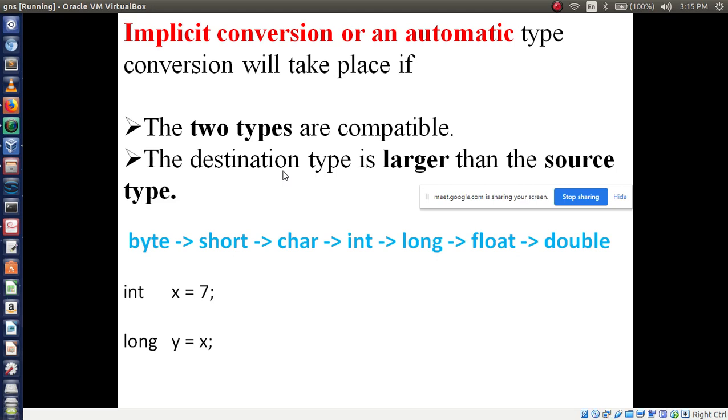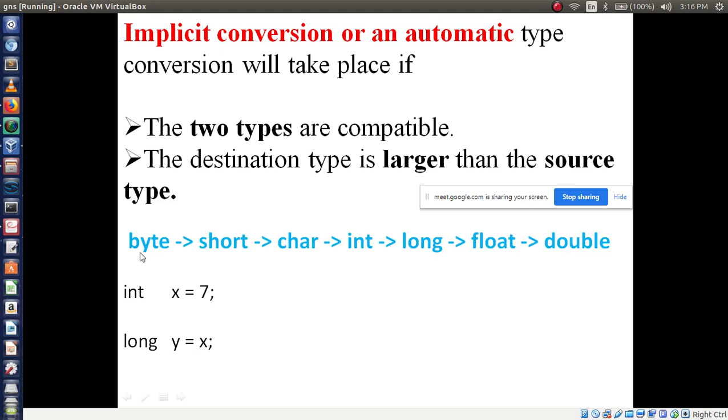While doing implicit conversion, you just follow this line: byte followed by short, short followed by char, then int, then long, then float, then double. The last data type is double.